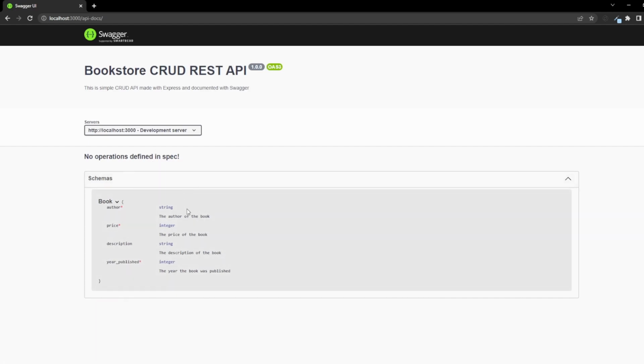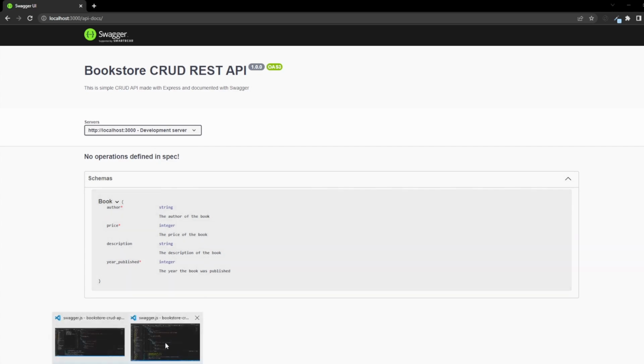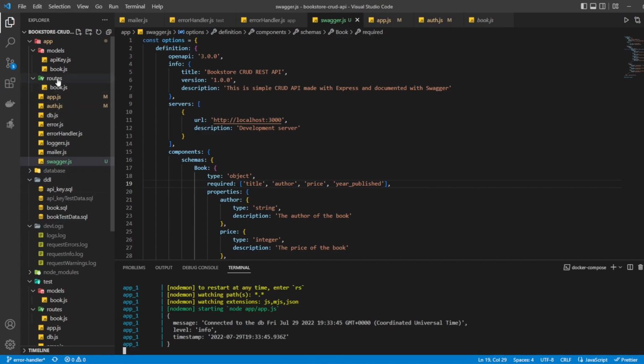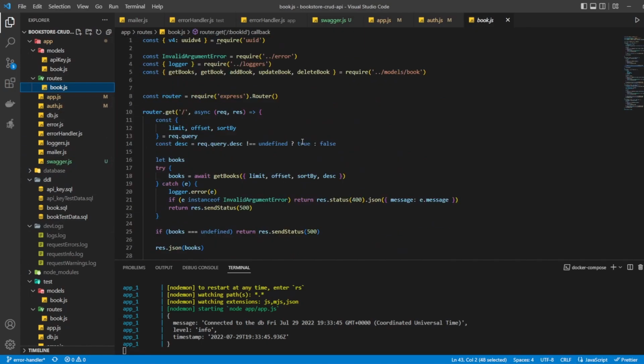Okay, so the basic setup is done. Now we'll need to go ahead into our routes file, and we'll need to describe our routes, so that in the application itself, we get these options that we can send the requests. Okay, so in our routes file, what we want to do first is we want to go ahead here